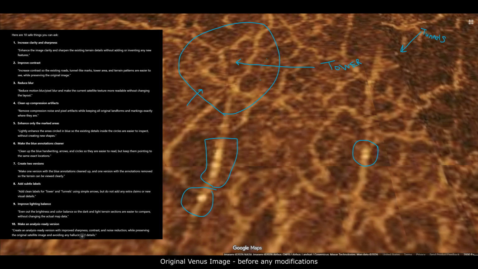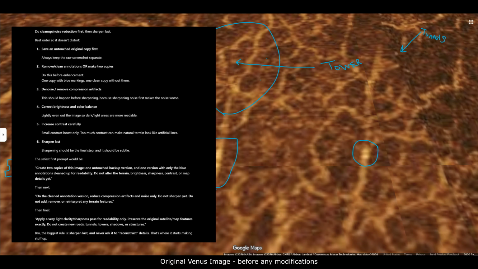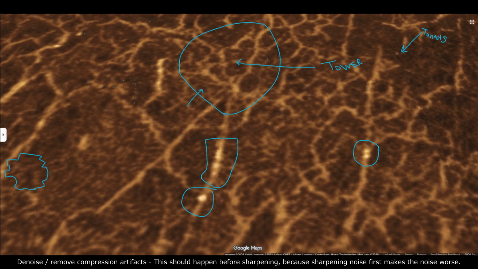Okay, so basically we took the image and I said, which one should I do first so it doesn't distort the image with the next enhancement? We want to do all the enhancements in the right order, right? That's at least how I'd be thinking. So it suggested doing a denoise, remove compression artifacts. So I did that, and if we click on the image, you can kind of see what it decided to come up with. And on this image, I have circled some interesting things that I noticed,